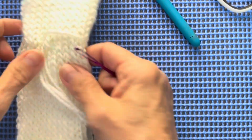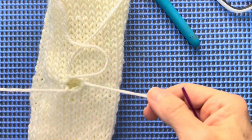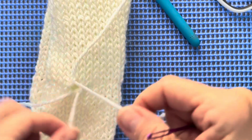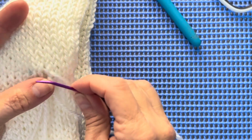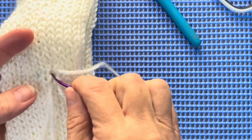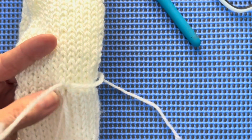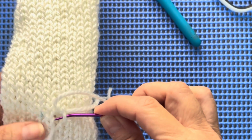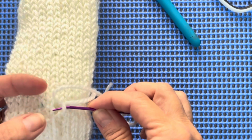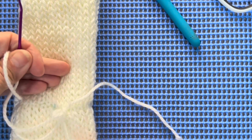Okay. And we're going to just finish this off. Got a little bit of a hole there. Now, let me see which was my sewing one. Okay, so once you have your sewing end back on your needle, you're going to go up to this. Our hole is right here. So we're going to go up to that first stitch that you see, and we're going to go down and up. Then we're going to go down to the bottom, and we're going to go down and up, right there where our yarn tail's coming out of. Okay, then we can take,